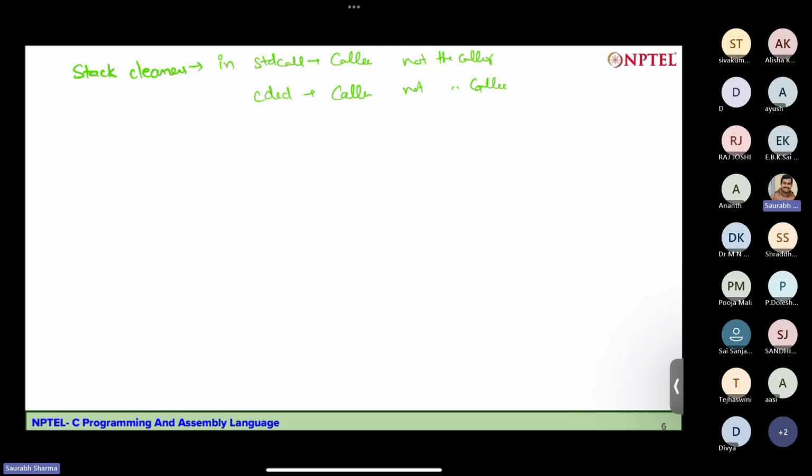Okay, and the argument order in this case is left to right, and there it is right to left. So if we use such a convention, no stack cleanup is required because the caller cleans up the stack. So in this case, V8 will be 0 because no additional stack adjustments are necessary for returning from the function. I'm writing the reason. So V8 will be 0 for CDECL